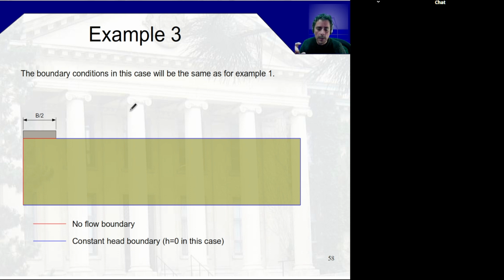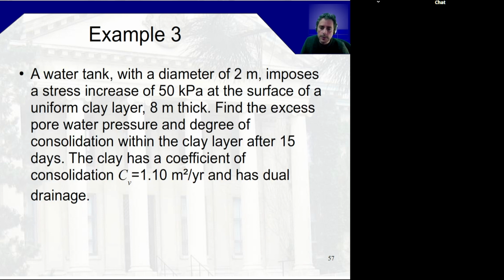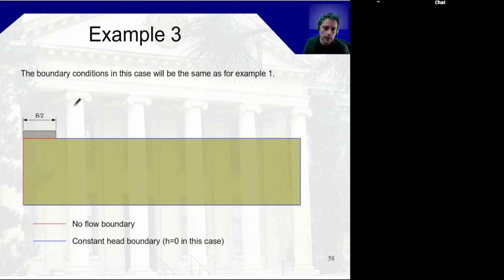But this time we will consider a circular foundation with the same loads. So the same load, the same thickness, but this time the problem will be axisymmetric, so it's not purely 2D. Okay,